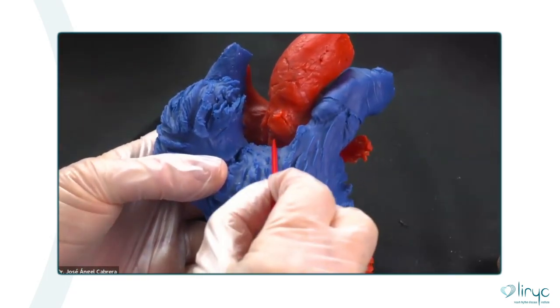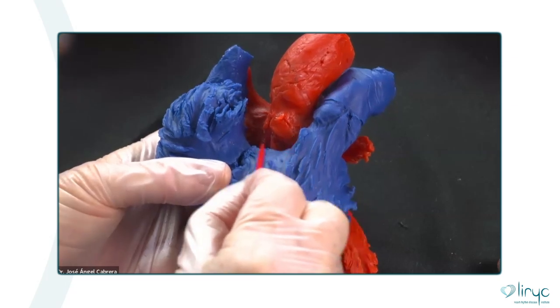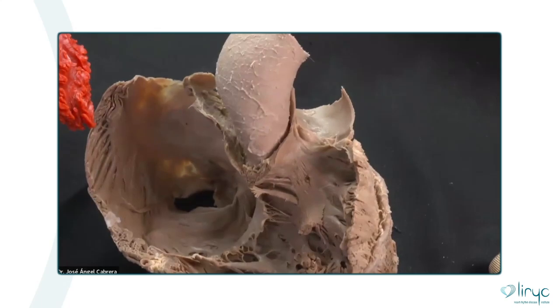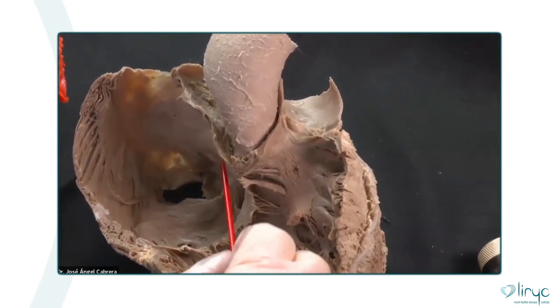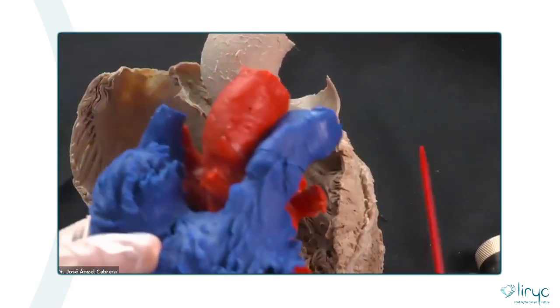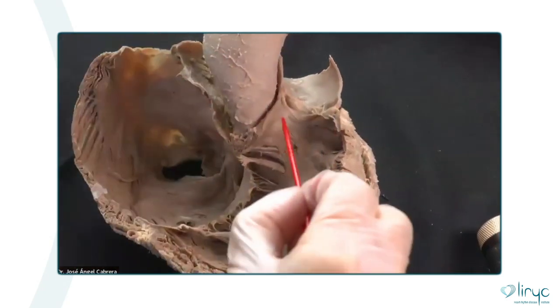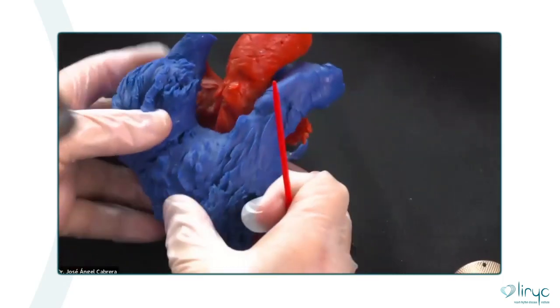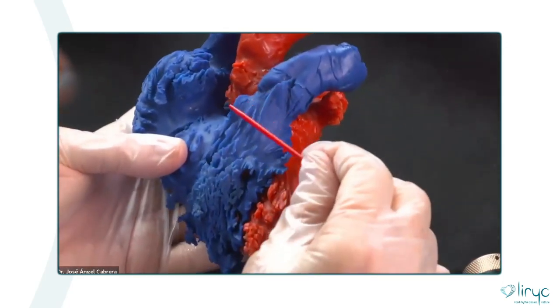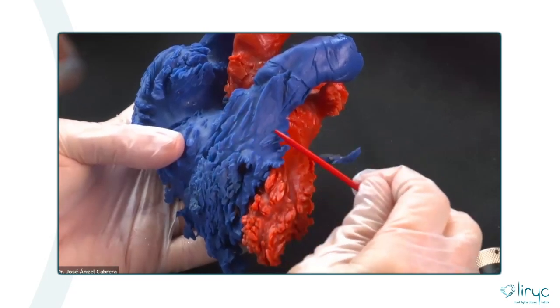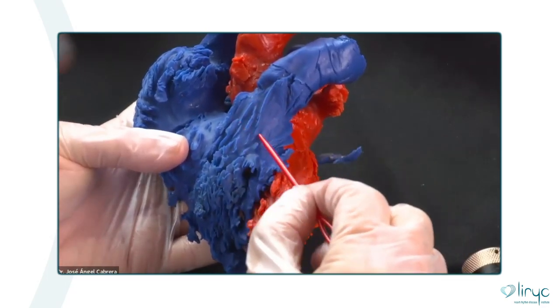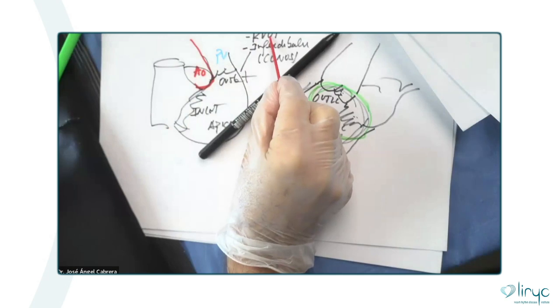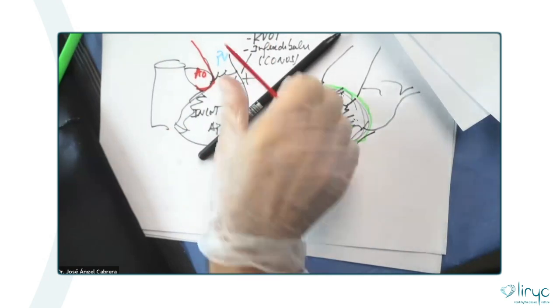This is the aorta. And the aorta forming this area, that is the supraventricular crest. Therefore, infundibulum, can you see that this is an infundibulum? This is a conus. This is the right ventricular outflow tract,